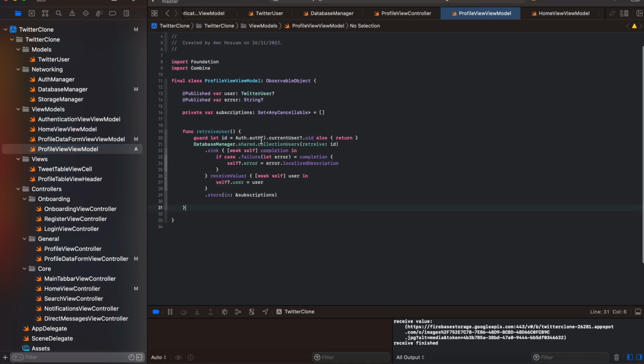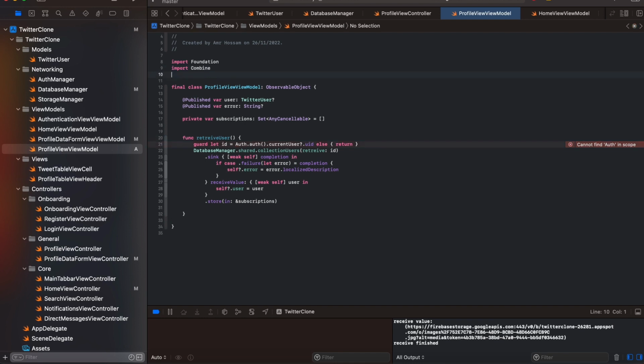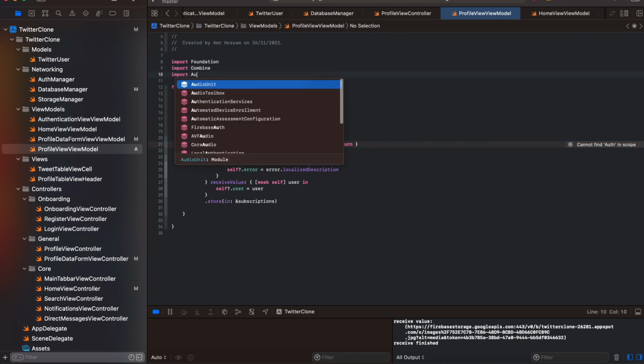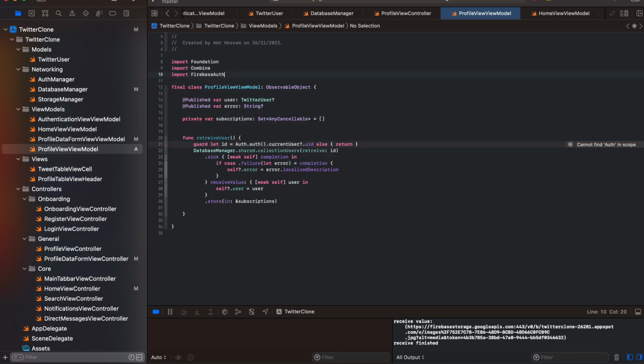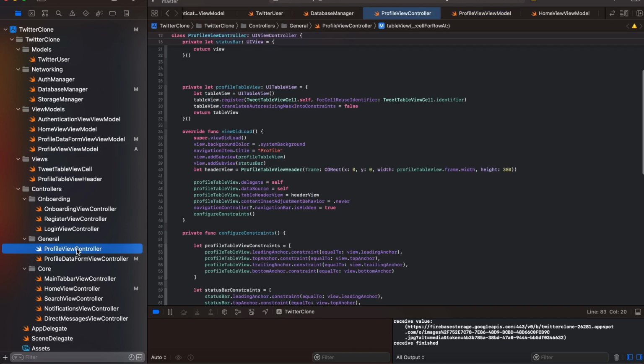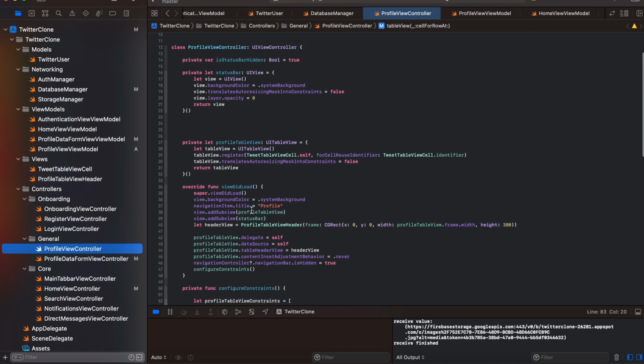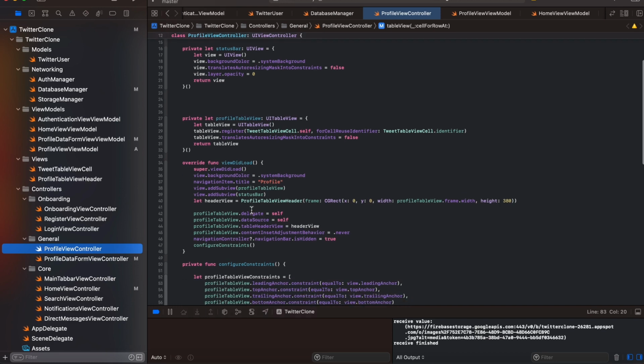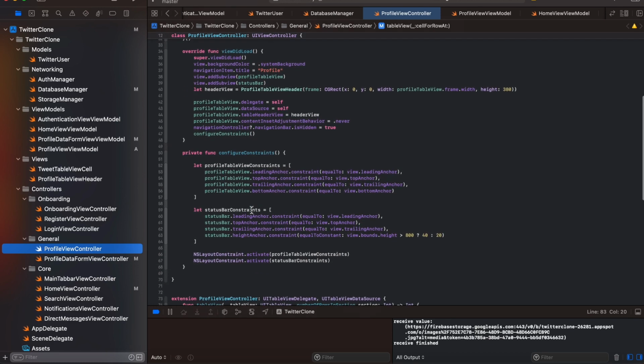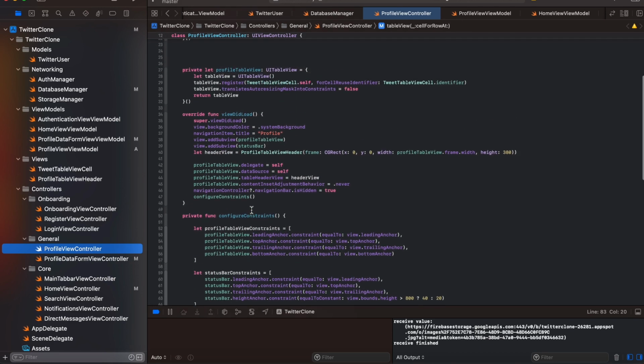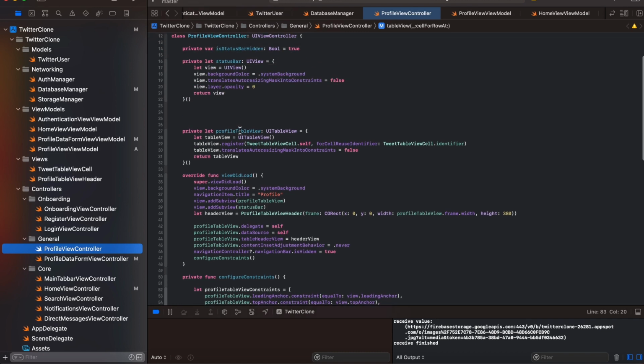And as you can see here, we have private var subscriptions, and basically everything is set up over here. We just need to import, I believe, auth from Google's Firebase. So yeah, firebase.auth. And I believe my profile view model is set. So over here inside my profile view controller, basically we just need to convey those variables to our profile table